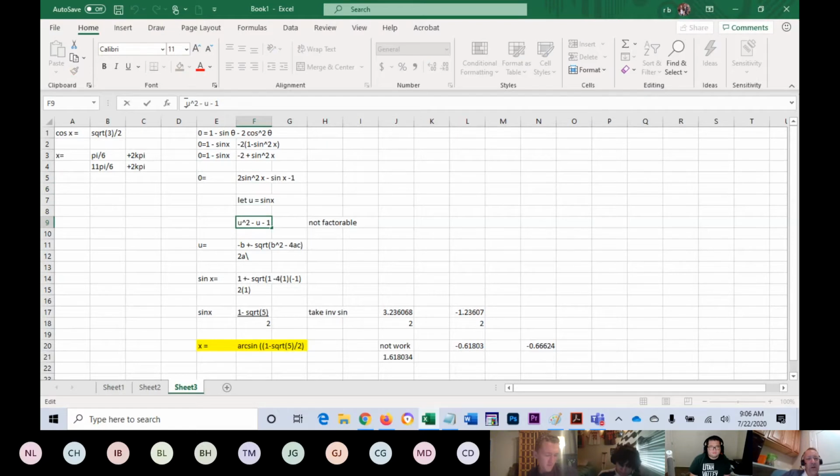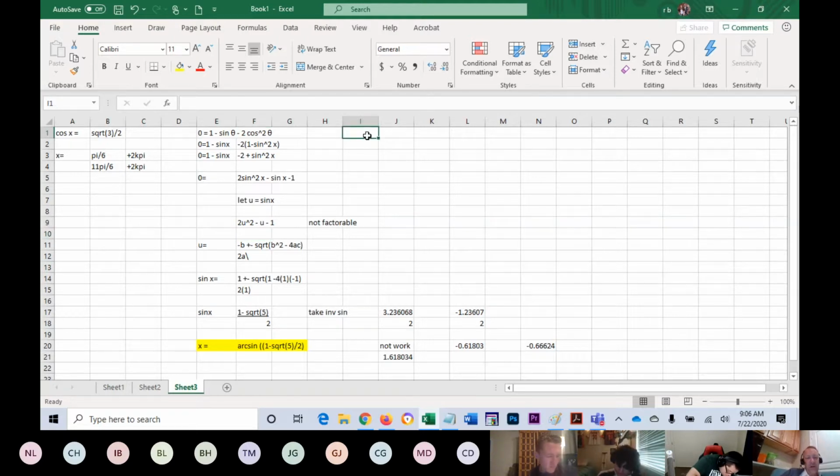Then this becomes 2u squared. And now it is factorable. Okay, so yeah, that's where I messed up. So then this becomes 2u minus 1. No, plus 1. And u minus 1. So that's 2u squared minus 2u plus u. Yeah, there we go. And so then we back substitute 2 sine of x